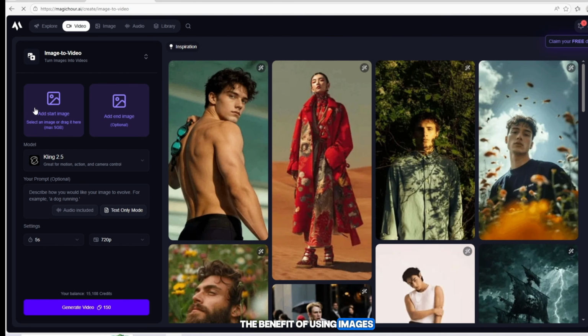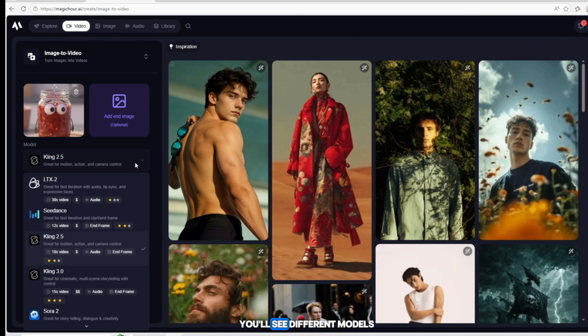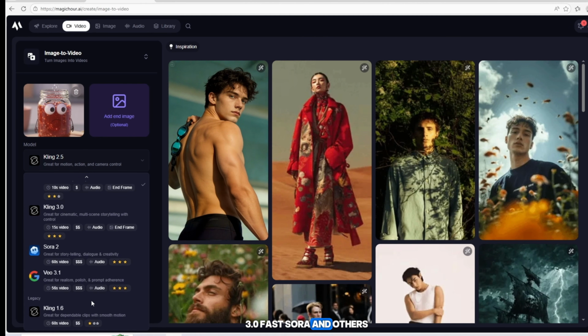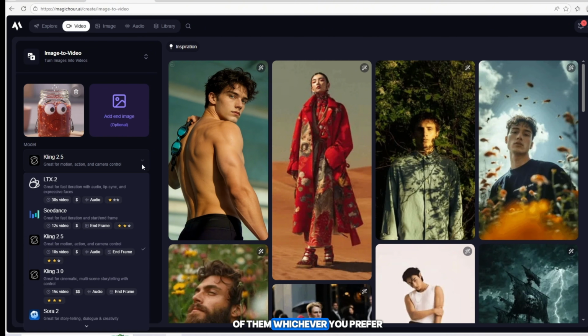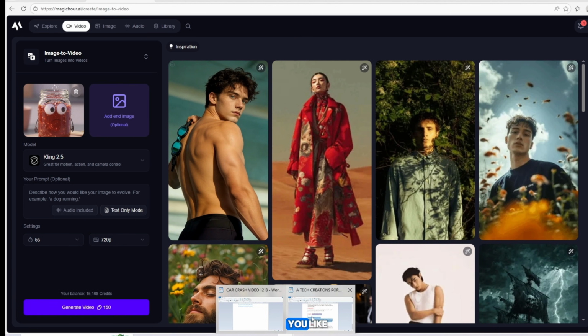The benefit of using images is that you can create exactly what you want and then turn it into a video. After uploading, you'll see different models like Luma 3.0, 3.0 Fast, Sora, and others. You can use any of them, whichever you prefer. I'll now paste your video prompt, select the duration, 5 seconds, 10 seconds, or as you like, and then click